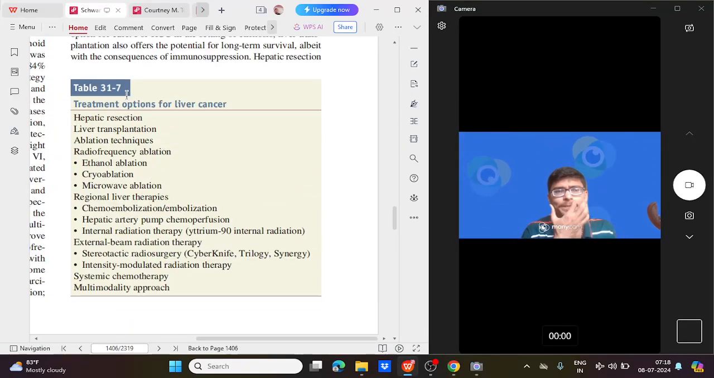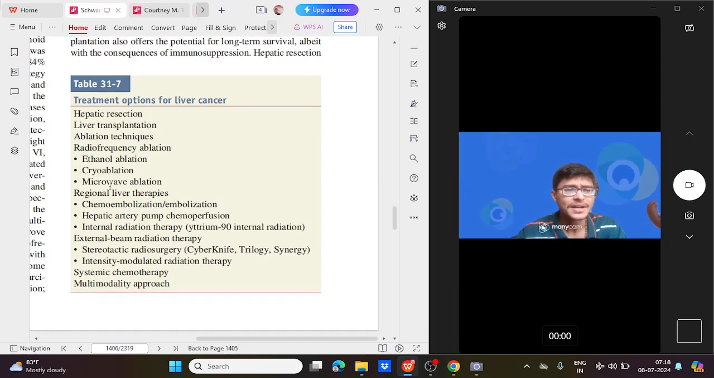That is treatment option for liver cancer, that is first and foremost, which is curative, is the hepatic resection, when the hepatic reserve is adequate. If we have less hepatic reserve, we'll go ahead with resection and transplantation. Then we have ablative techniques with the help of radiofrequency ablation, others like ethanol ablation, cryoablation, microwave ablation, regional liver therapies